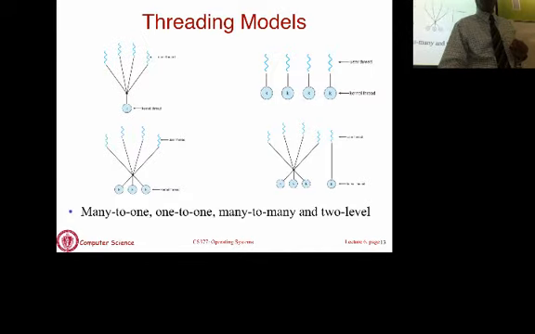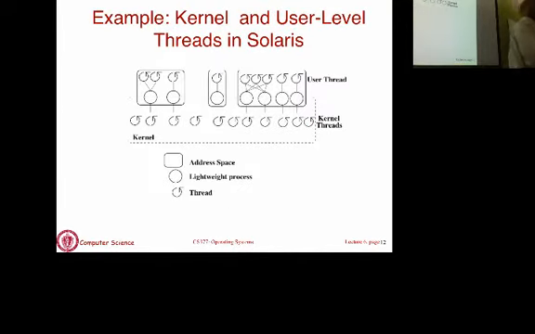Okay, so I'm going to show you a few more concepts and then we'll look at some other aspects of threading. What is shown here is a much more complicated scenario of how threads map onto kernel level entities called lightweight processes and so on. This example is Solaris, which is a commercial Unix operating system. It uses a model that is more complicated than simple kernel level threads or just simple user level threads. It's a hybrid model and it's a multi-level scheduling model.